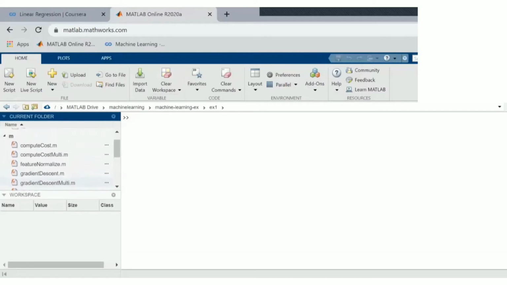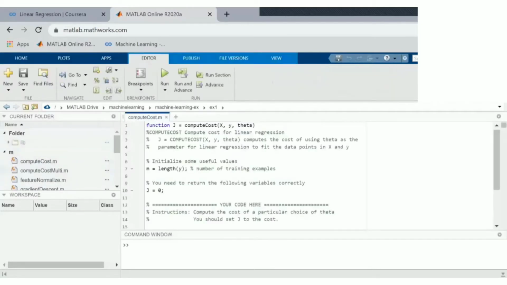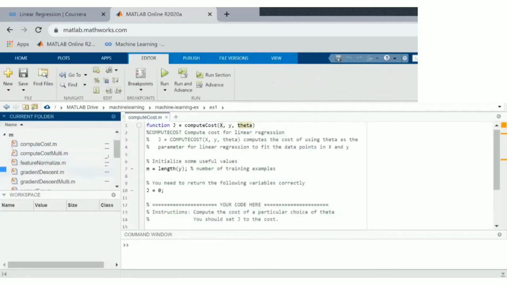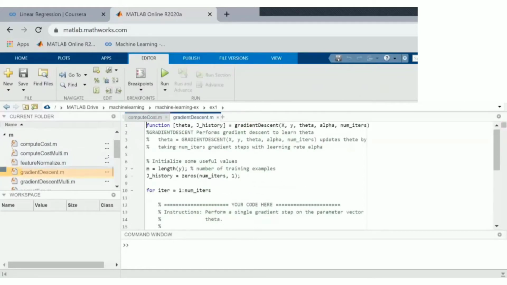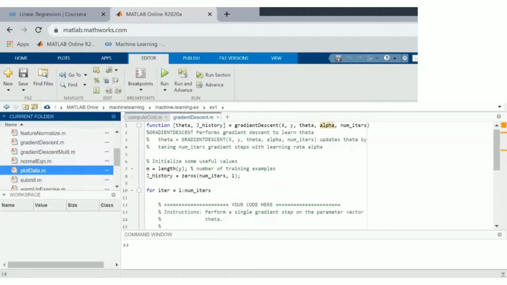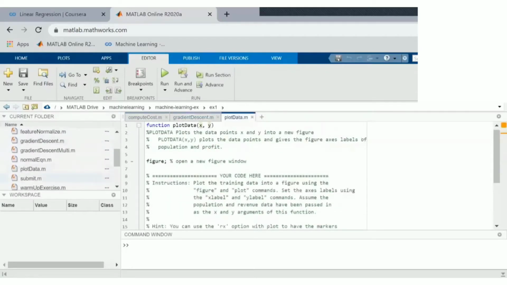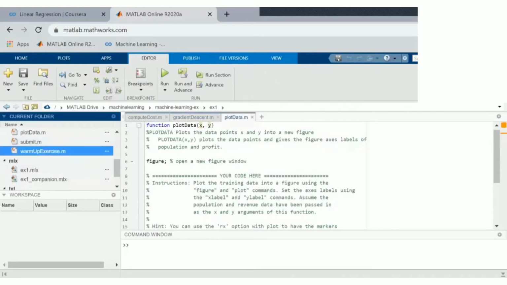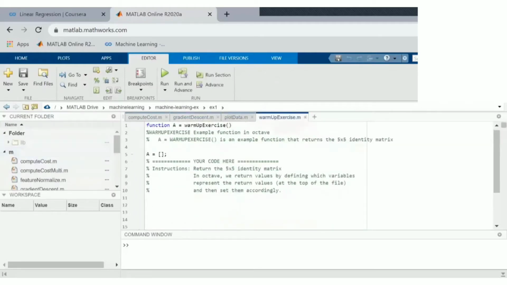There are actually two prompts in this. Coursera made one prompt compulsory, so we solve one problem. We solve that exercise 1. So we need to open the computeCost.m file. Then open the gradientDescent file. After that, open the plotData file. Then open warmUpExercise. So after opening all those tabs and files,